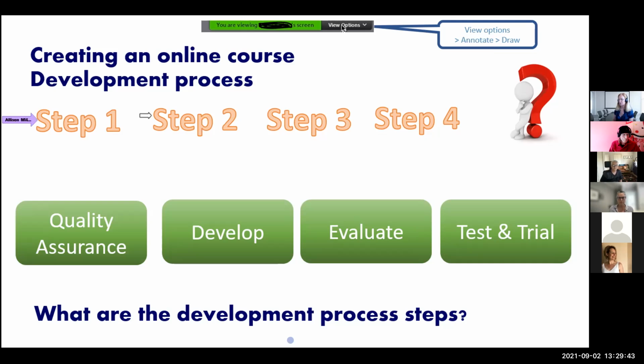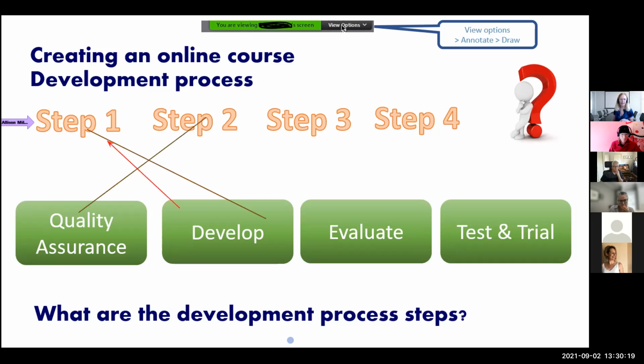Now there's 4 steps, 1, 2, 3, 4, and I've given you 4 options. So for step 1, which one do you think is step 1? This is a really analog thing that you do sometimes on pen and paper. Click your draw, start at step 1, and draw the line to which of the 4 areas you think is step 1, then step 2, step 3, step 4. Any problems with annotate, please just unmute your mic and let me know. Cool.